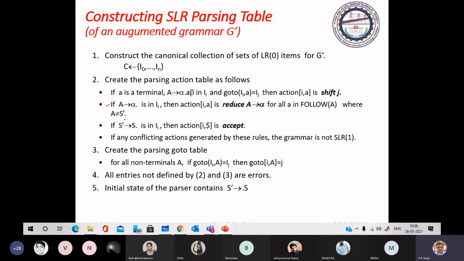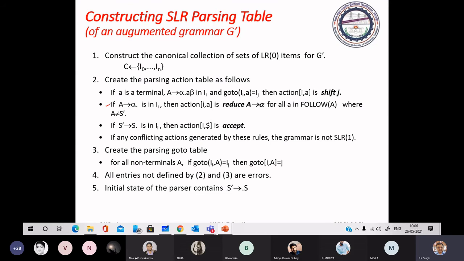Then action of I, a is reduce by A to alpha, where a is from follow of A. You have already computed follow, so you can compute follow of A and make entries at all those positions.